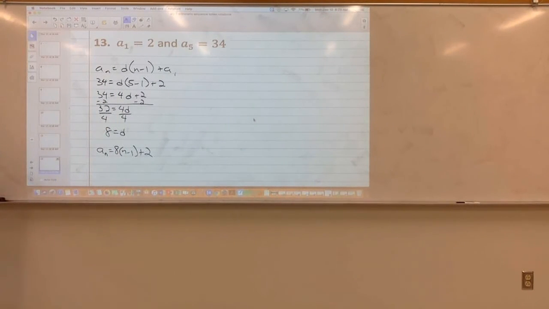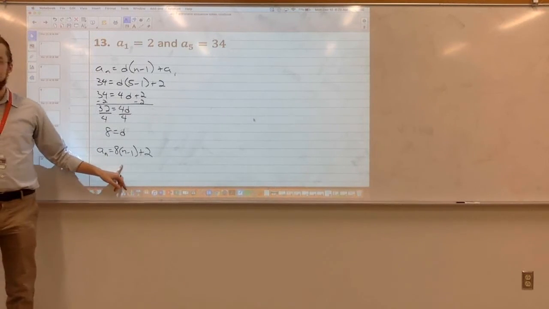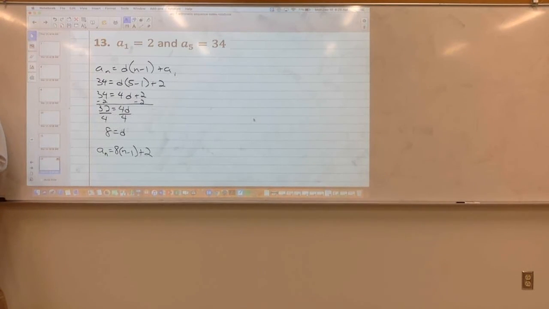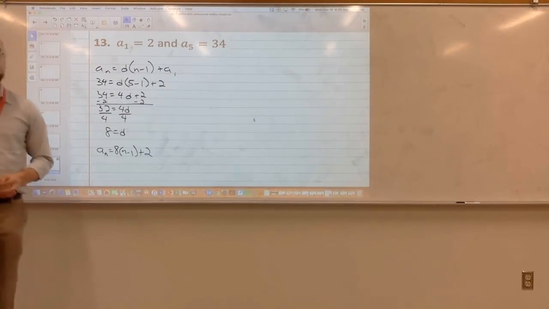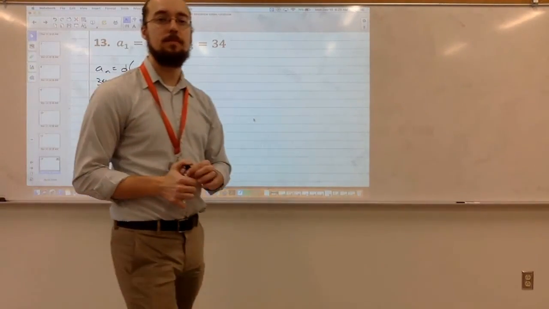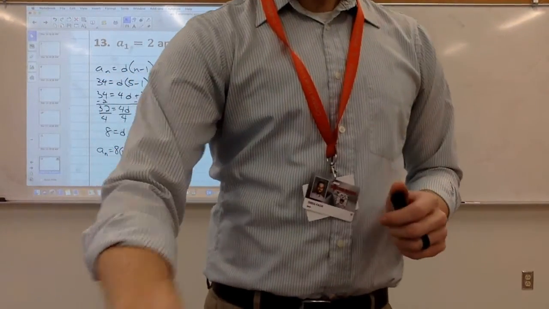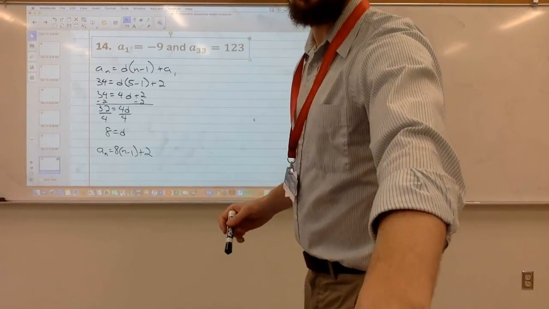All right, for number 13, I got a common difference of 8. So my rule was a sub n equals 8 times n minus 1 plus 2. Okay, you okay with that one? Then for number 14,